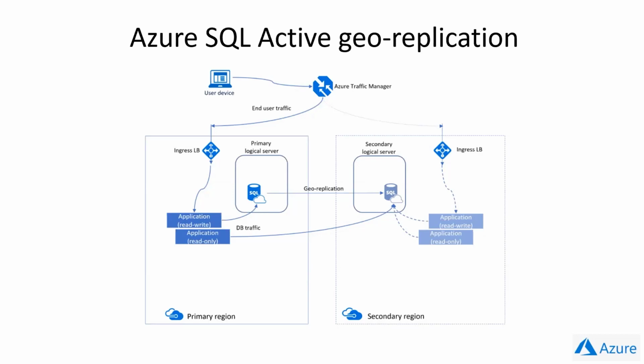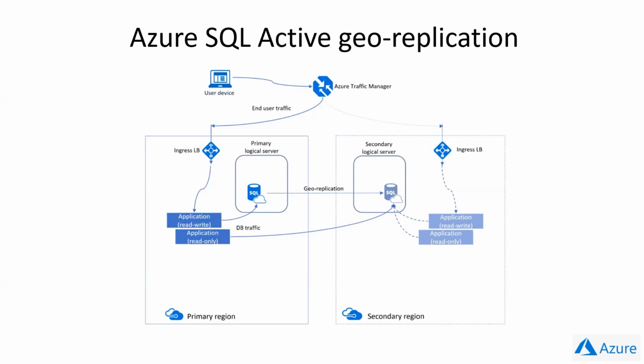So what we have here on the screen is just the basic architecture for Geo Replication. As you can see on your left, we have the primary region where all the end user traffic is being pushed. And as the primary, you have read and write on this database. And we're pushing the read-only into the secondary database, as you can see there. In the case that you want to fail over to the secondary, all the user traffic will be pushed to the secondary, and now the secondary will become read and write. So it's very simple how it works.